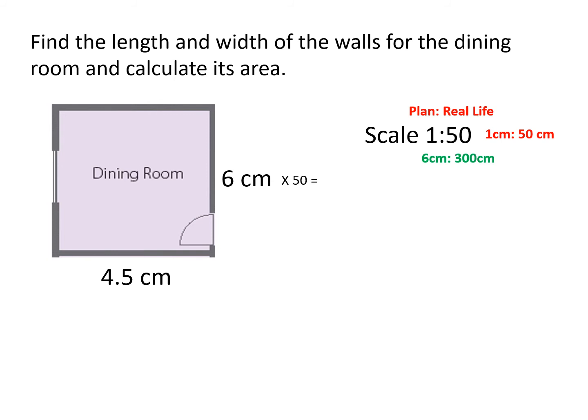To find the width of the dining room, I do the same thing. I times it by 50 because it's 50 times bigger in the scale. And then I should get an answer then of 225 centimetres in real life. So there are my length and my width of my dining room in real life. And to find the area, remember area is length times width. And all I do then is once I've got the real life measurements, I will times them to get a final answer. And the final answer is